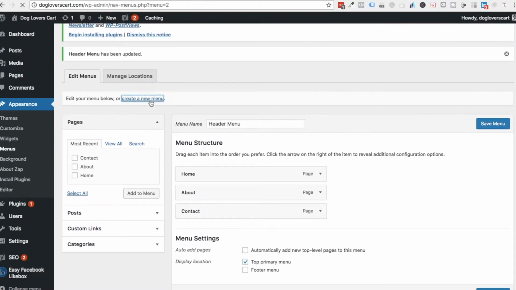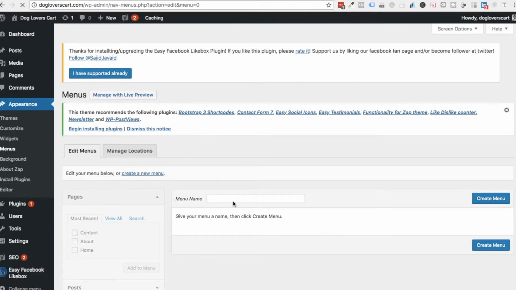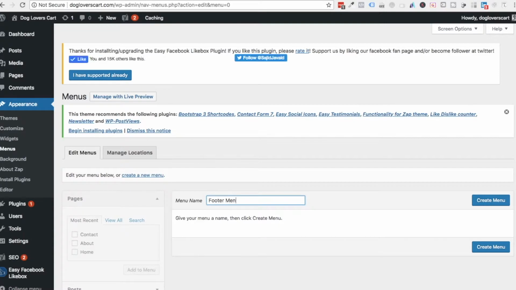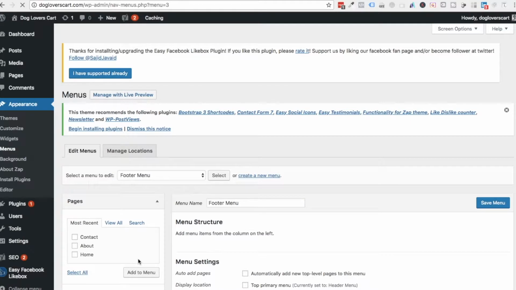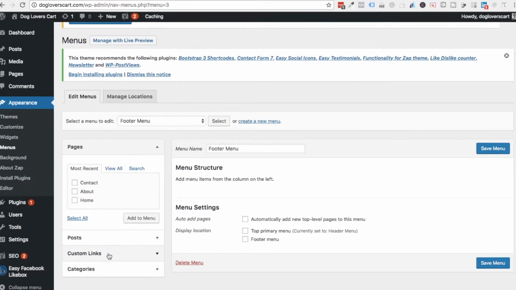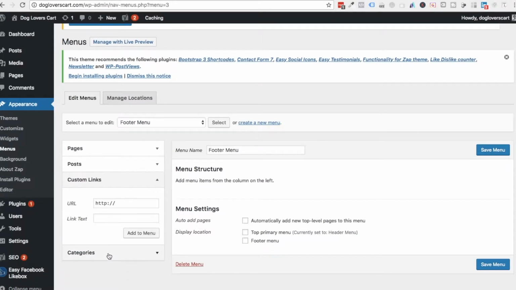So let's click on create a new menu and just have footer menu. Click on create menu, and let's add a few things. You can have custom links as well. So let's say I'll have custom link like sitemap,